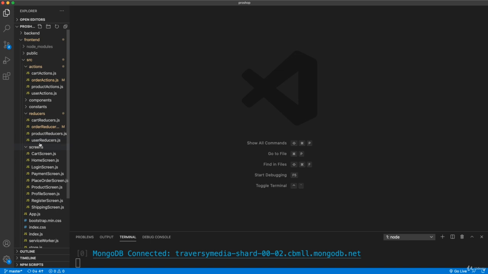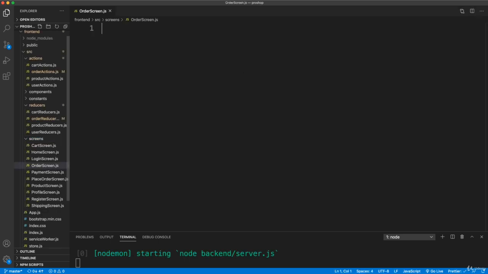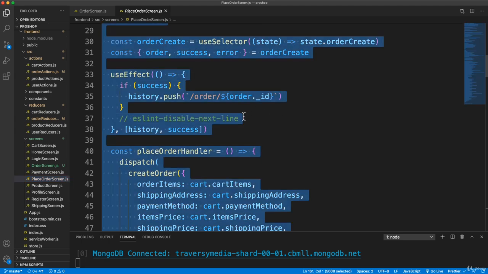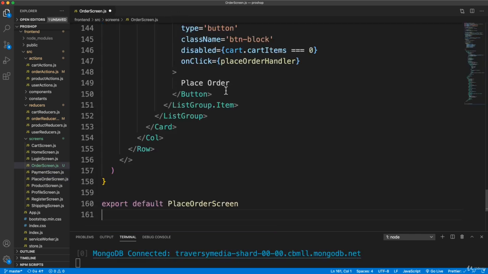So let's go into screens now, and let's create order screen.js. And I'm going to copy place order screen because it's very similar, except instead of all the stuff that's coming from the cart, it's going to come from the order from the database. So let's just copy that and paste that in, and let's change this to order screen,